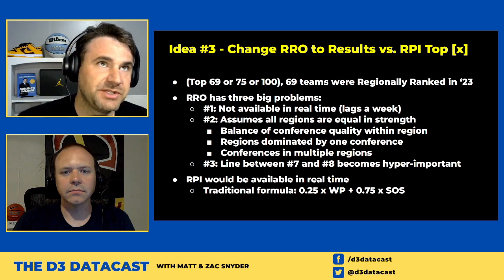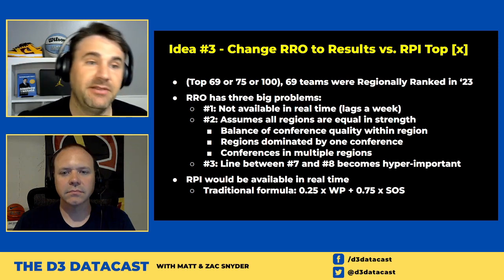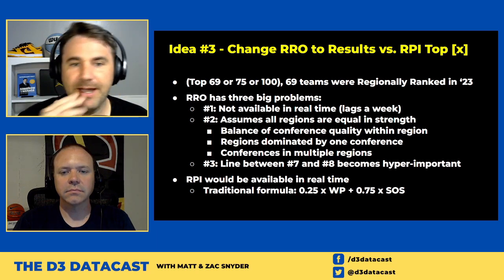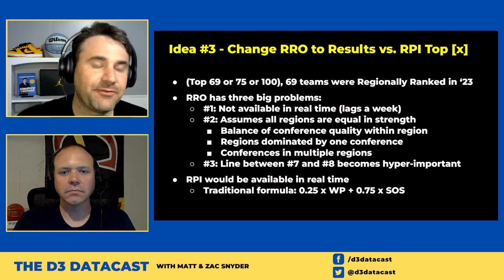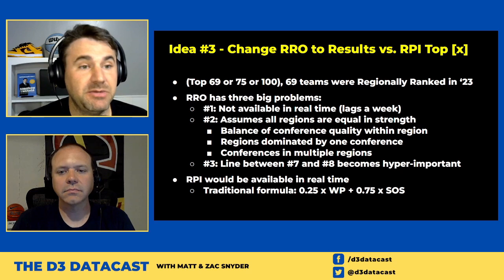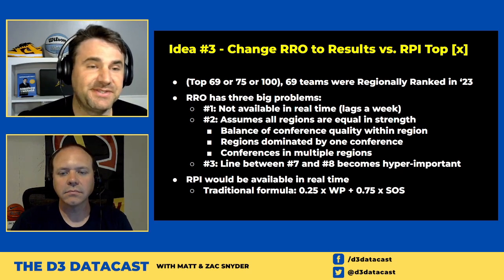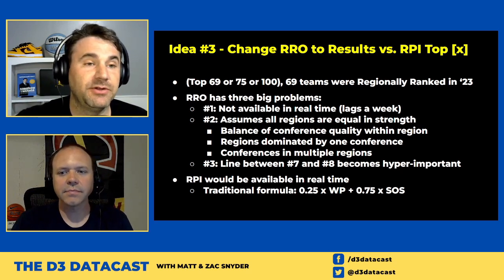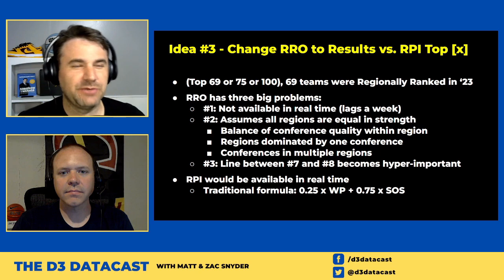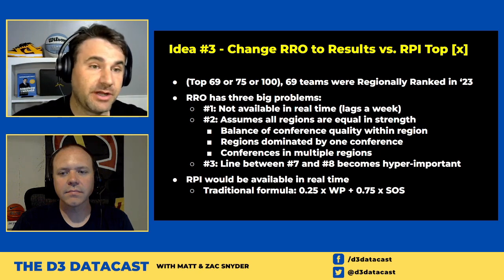Some other regions maybe had one conference dominating the whole thing. It's really like the NESCAC and St. Joseph's of Connecticut or whatever in Region 1. And getting in, there's a different bar to clear to get into different regions. Depending on the year, that could maybe shift a little bit. But it's not really an equal playing field across the country as far as what quality of a team is a regionally ranked team. RPI would get rid of that. It would sort of nationalize that chunk,